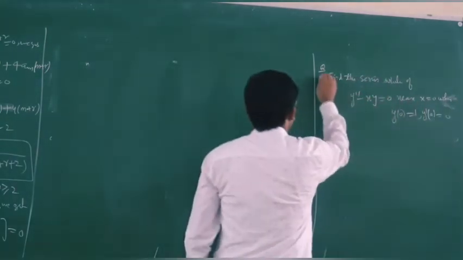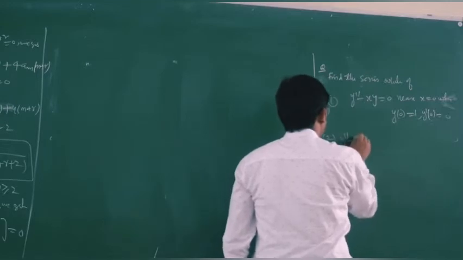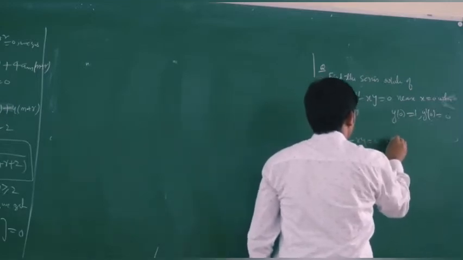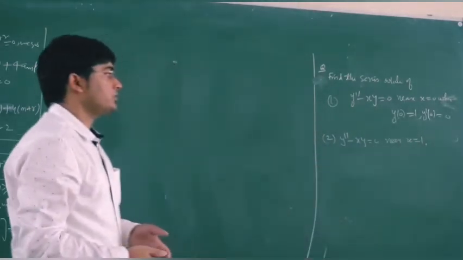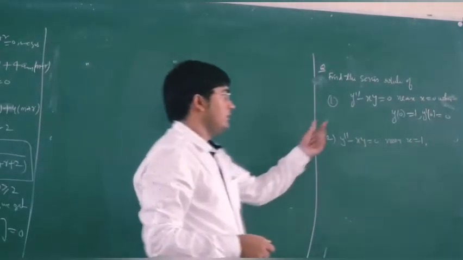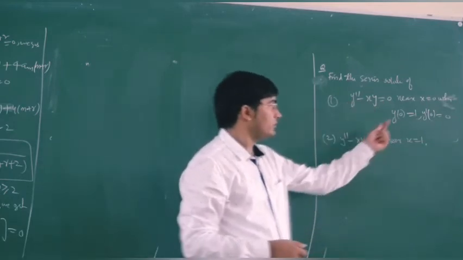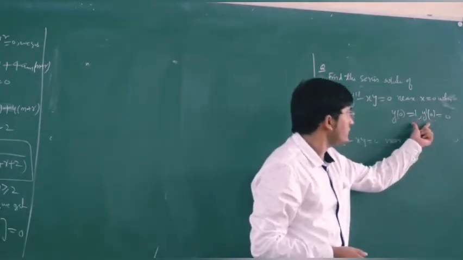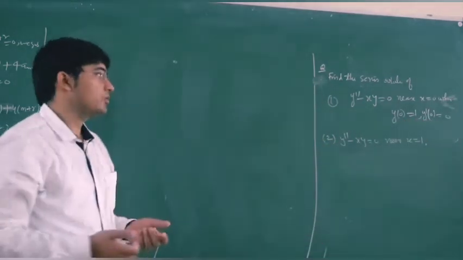So this is your question number 1. And then find out the solution near x equal to 1. Here I am going to solve the second part. We have already solved such type of questions. Now with the help of these two initial conditions, we can find out the values of the unknowns, which were